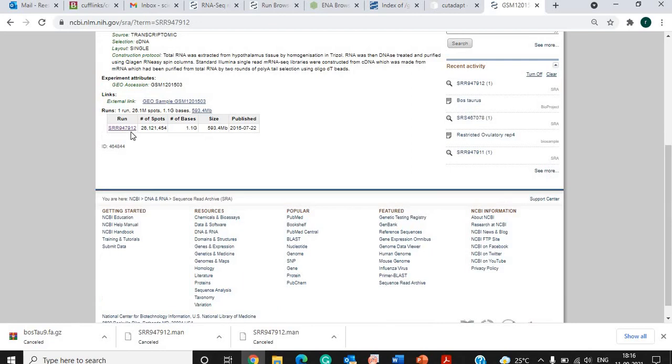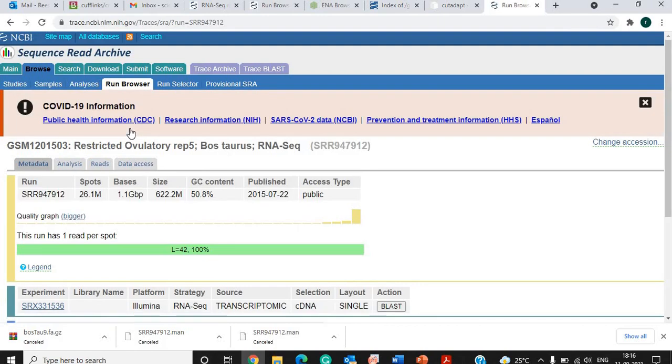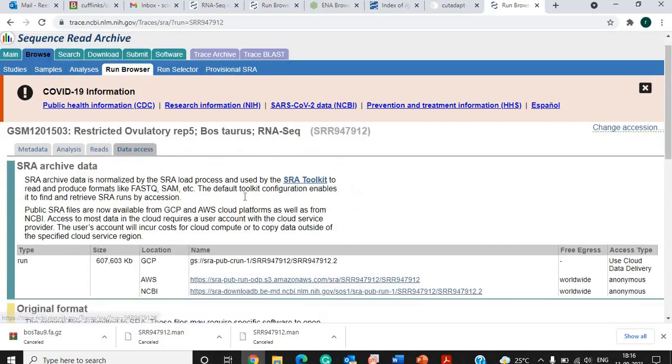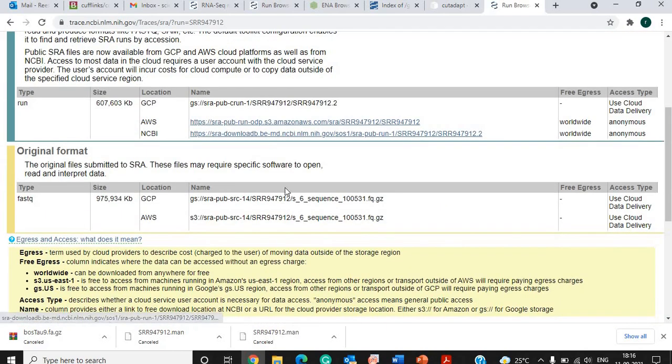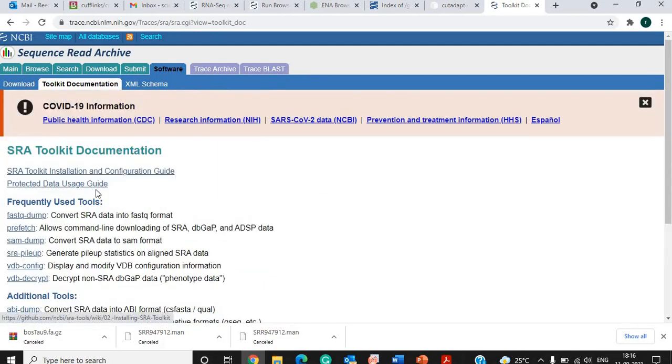You can go here, go to data access, and download the file in this version. If you want to download the file in the FASTQ format, you need to have an SRA toolkit account that you may need to create. If you go here to the SRA toolkit, you can create your account.